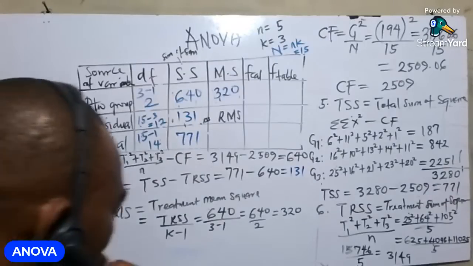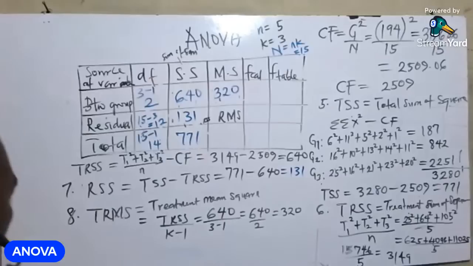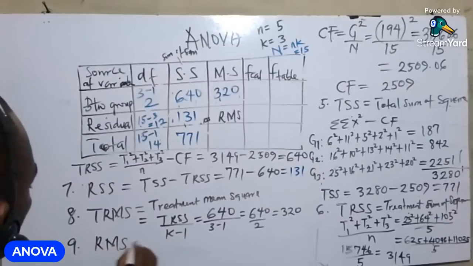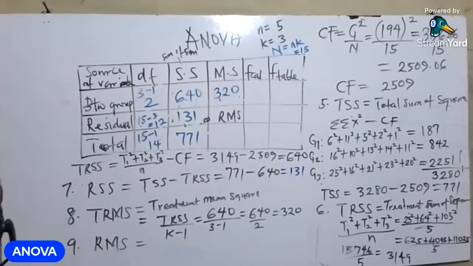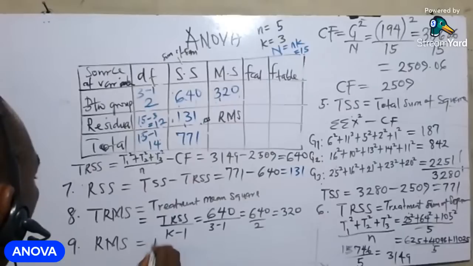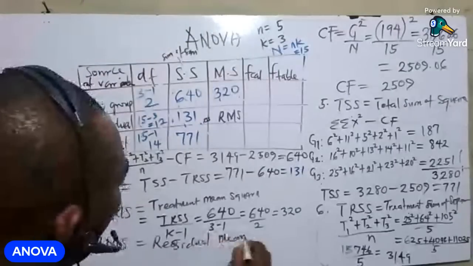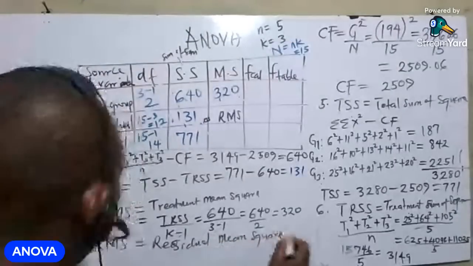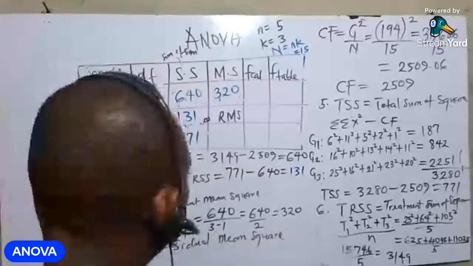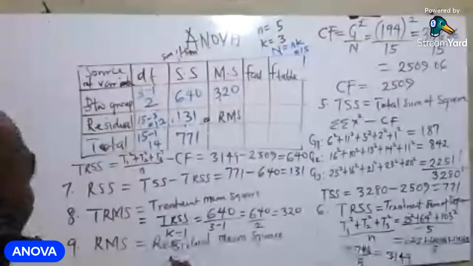So the final thing we are going to get now is your RMS. Step 9, RMS. So what is RMS? RMS is the residual mean square. So what is residual mean square? Residual mean square is your